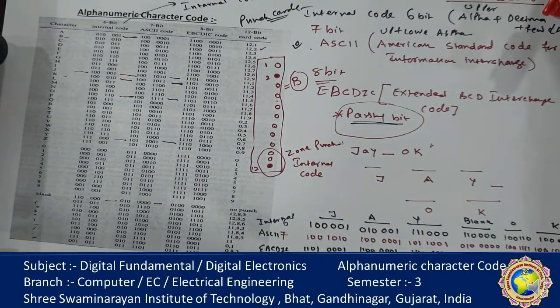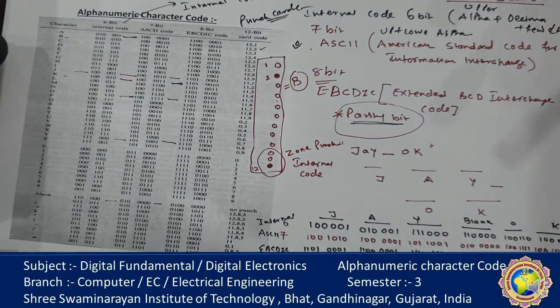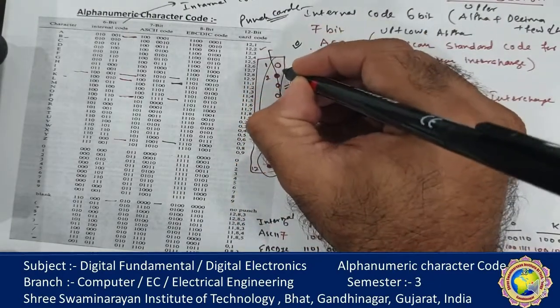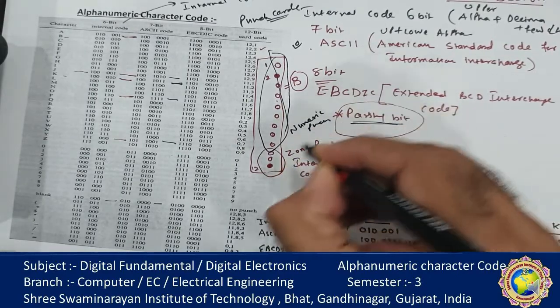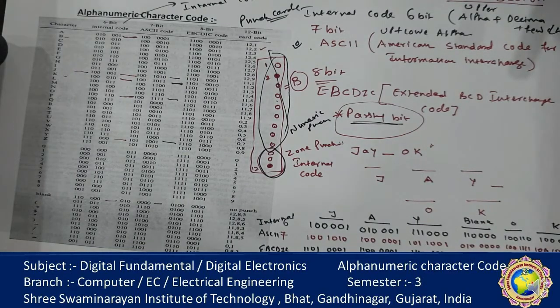In a 12-bit card, as already shown in this table, the remaining 9 rows are called numeric punches, and the first ones are called zone punches. The remaining unlisted rows are assumed to be 0. The 12-bit card is inefficient with respect to the number of bits used. Most computers translate the input code into an internal 6-bit code.